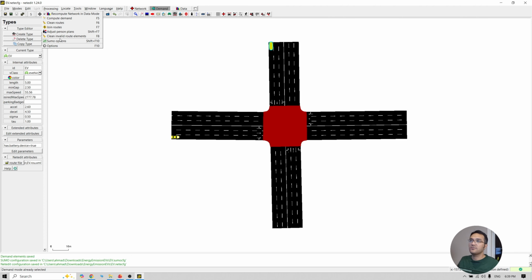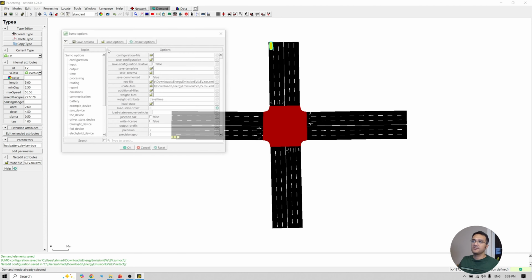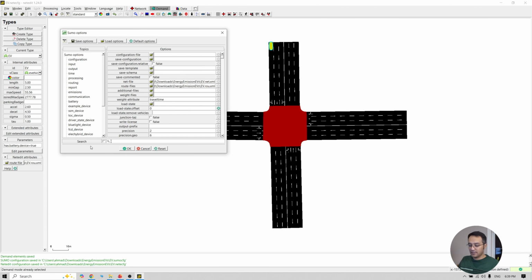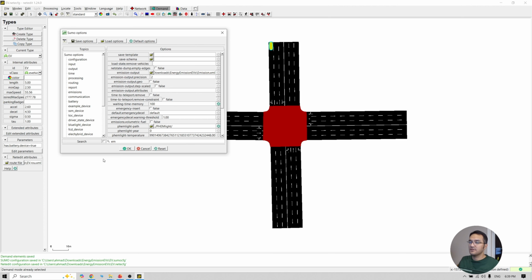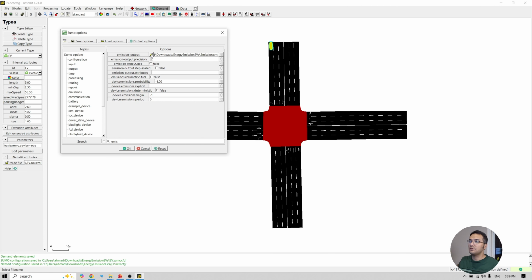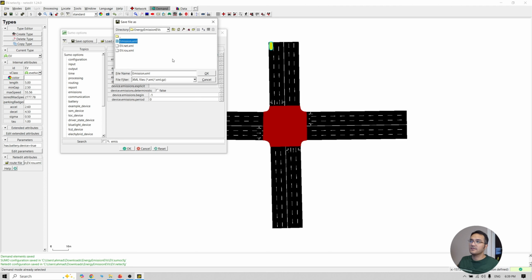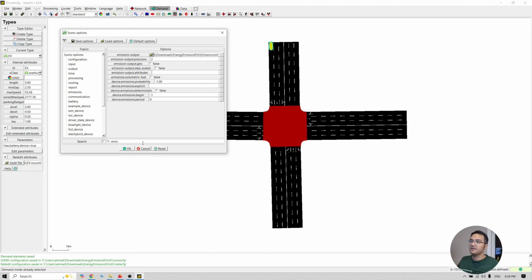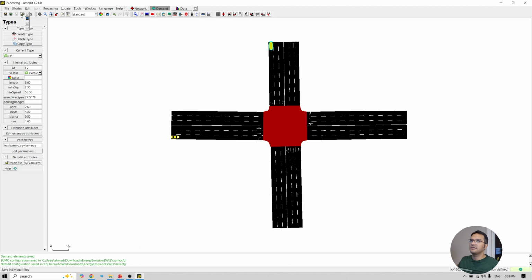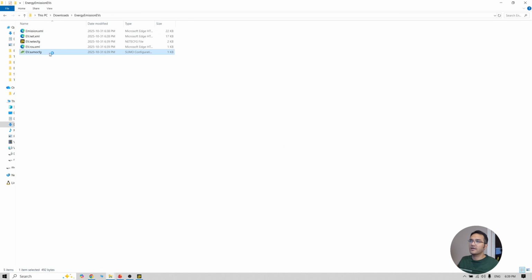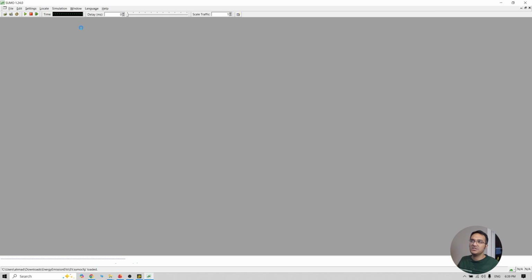Then go again to processing, SUMO options, and emission. Make sure that you select this XML file again, yes, and then okay, save everything, then go back to the SUMO CFG,